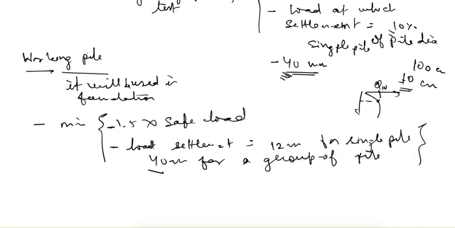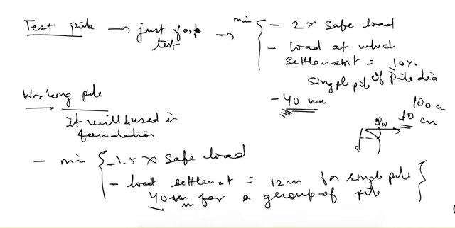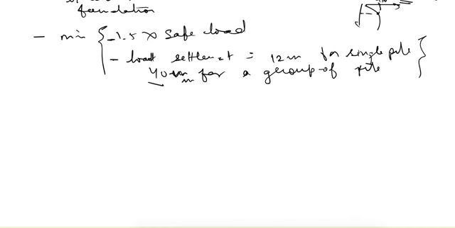So the load corresponding to these settlements will conduct the test, depending upon if it is a test pile or working pile. So what is the procedure here? At least 3 piles will be used. Here this central pile will be our test pile, the pile for which we are trying to find out the load settlement curve. These will be the supporting piles, or anchor piles, as we can call them.